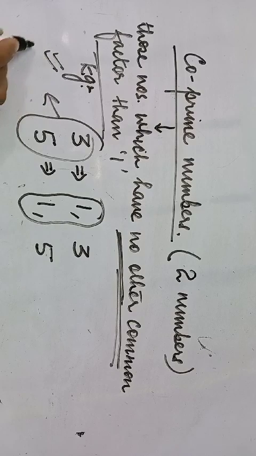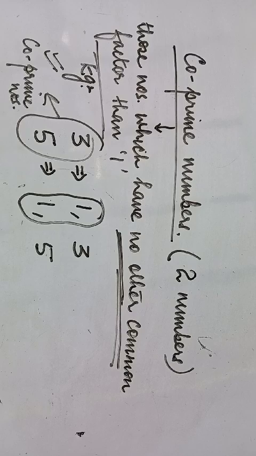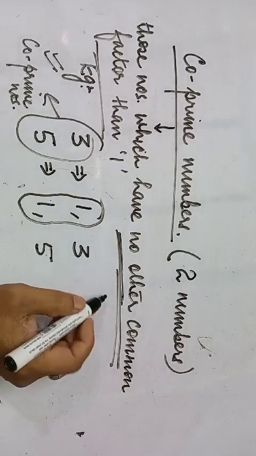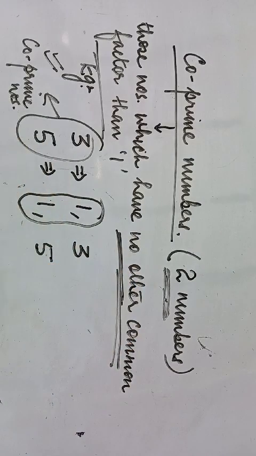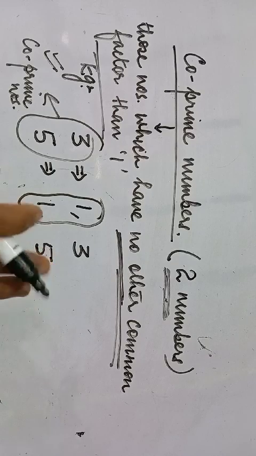can be called as co-prime numbers. Okay, this is the concept of co-prime numbers, but there is an even more important thing about these which people usually do not remember at all. If you are not studying this chapter, then it is quite probable that you will not have this point in mind, and that point is that these two individual numbers which are being called co-prime numbers, they may not be